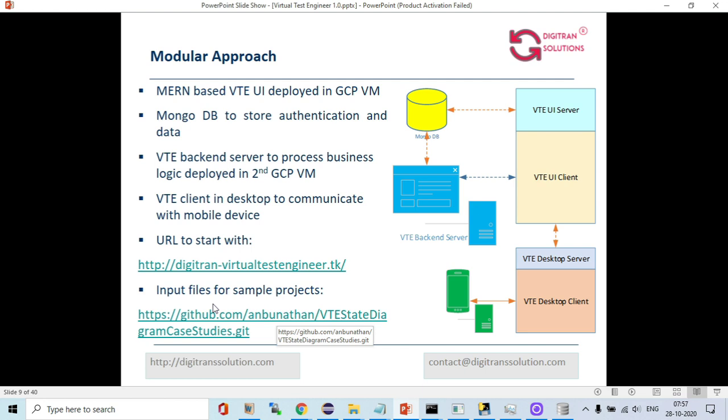This React.js based UI is deployed in a Google Cloud Platform based virtual machine. MongoDB is used to store the authentication and whatever test data also.